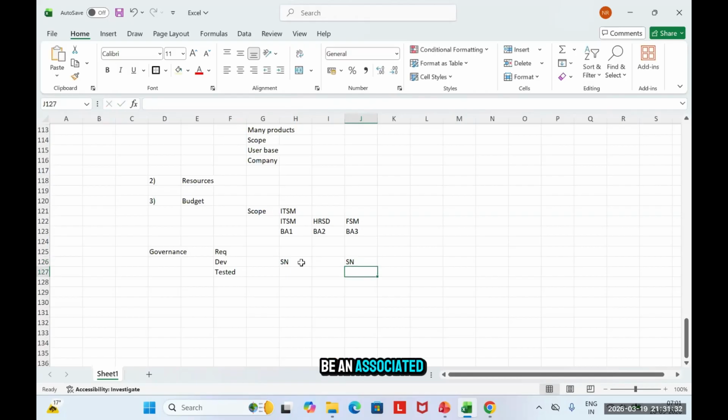Then there can be an associated architect, or there can be a release manager. So now we'll have persons from different IT teams who can look at the requirement and see if it is affecting them in some way, right? Or maybe some other way. Here you can also showcase what you have completed, what you've worked on. So this governance team would be looking at your final product, or maybe in between as well. And then they might have some feedback, some questions that you will have to answer.